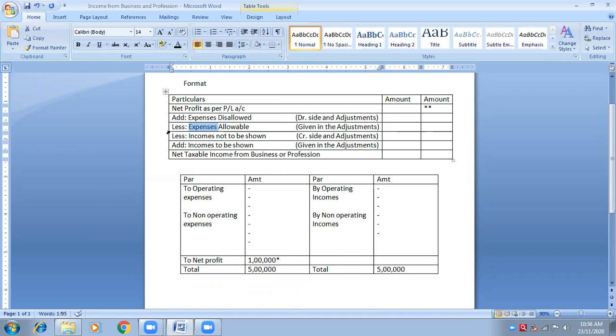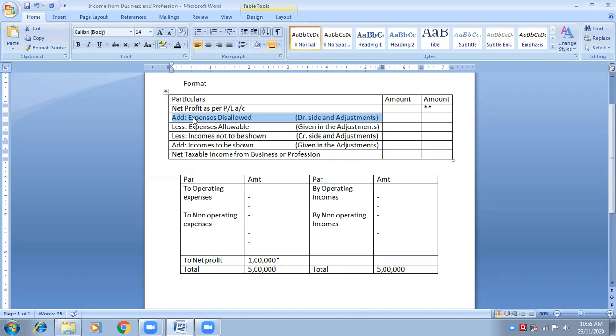Okay, is it clear? And first and third are those things that we don't want, such as expenses. If we don't want expenses, we will add them back. Why are we adding them? Because they were deducted earlier. Earlier it was deducted. Now we don't want it, so add it back. Simple. 5 minus 3 is 2. Now I don't want to deduct 3, but by mistake I have already deducted 3. So no problem, add it back. 2 plus 3 will become 5. So 3 will be added back.